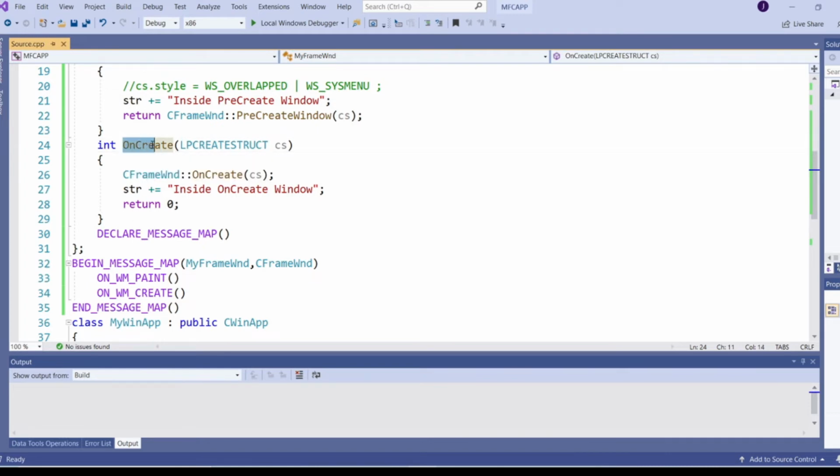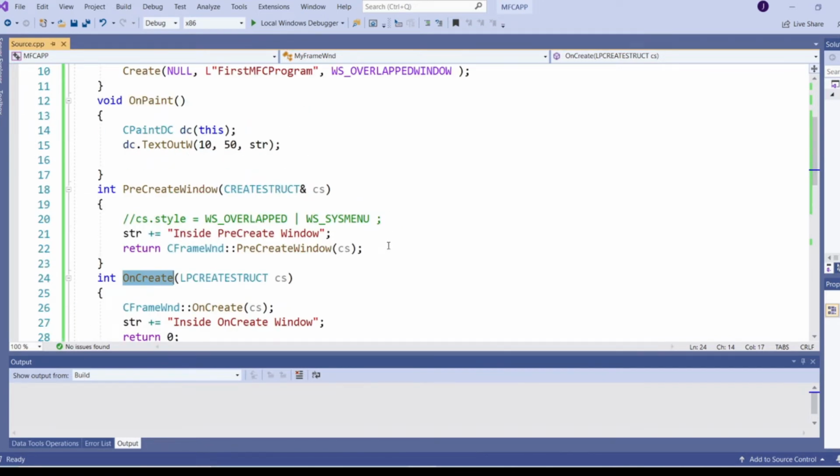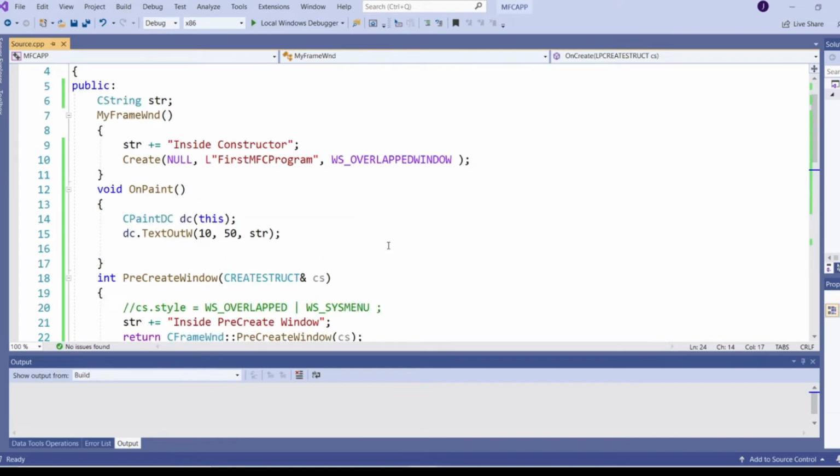For this, ON_WM_CREATE is the message map entry, and OnCreate is the message handler. To display the text in the client area of the window, I have written this OnPaint. So we can execute the program and see what happens.